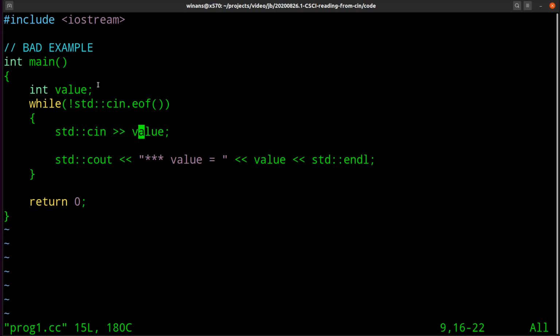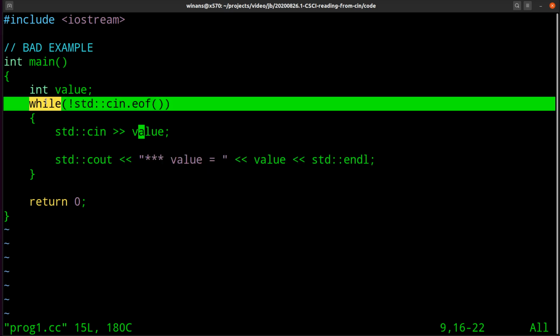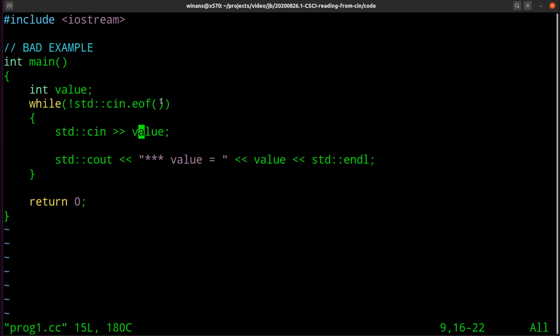Now let's look at why it runs endlessly if I put an X in there. So when it goes to read the X value and convert it to an integer, it fails. And when it fails, it won't store anything into the value variable. It'll then print out the prior value and go on to ask, did I encounter end of file? Well, the answer is no. We didn't run into end of file. Yeah, there's a problem, but we never encountered end of file.